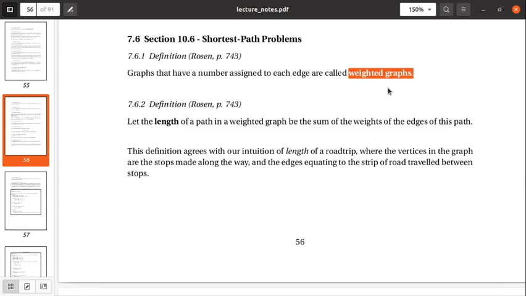the weight might be the speed, right? Maybe it's the distance divided by the speed for that road, right? So it's essentially the time that it takes to travel along that particular path. So if you want to go from A to B, then you're trying to minimize time in order to optimize your path. In the case of network traffic, like computer networks,